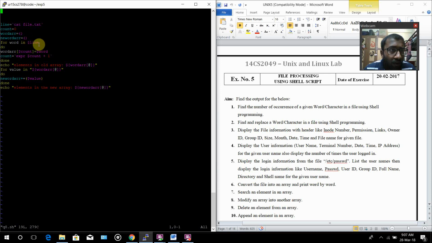Whatever line I am typing in my file is copied into word, and that word is assigned into the word array, and one by one it will increment the count, and it will check from that element in the old array, the word array, and it will print the word array value,